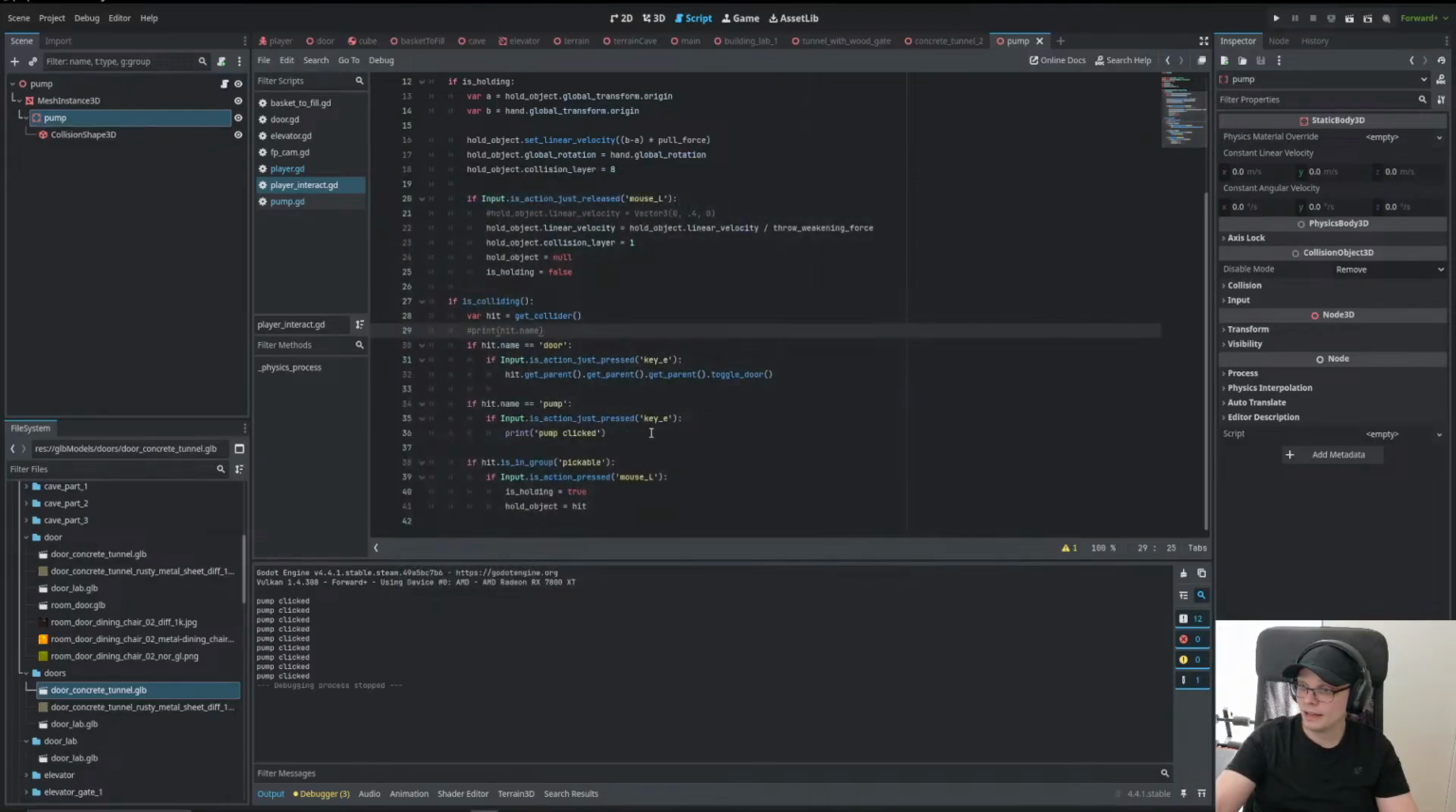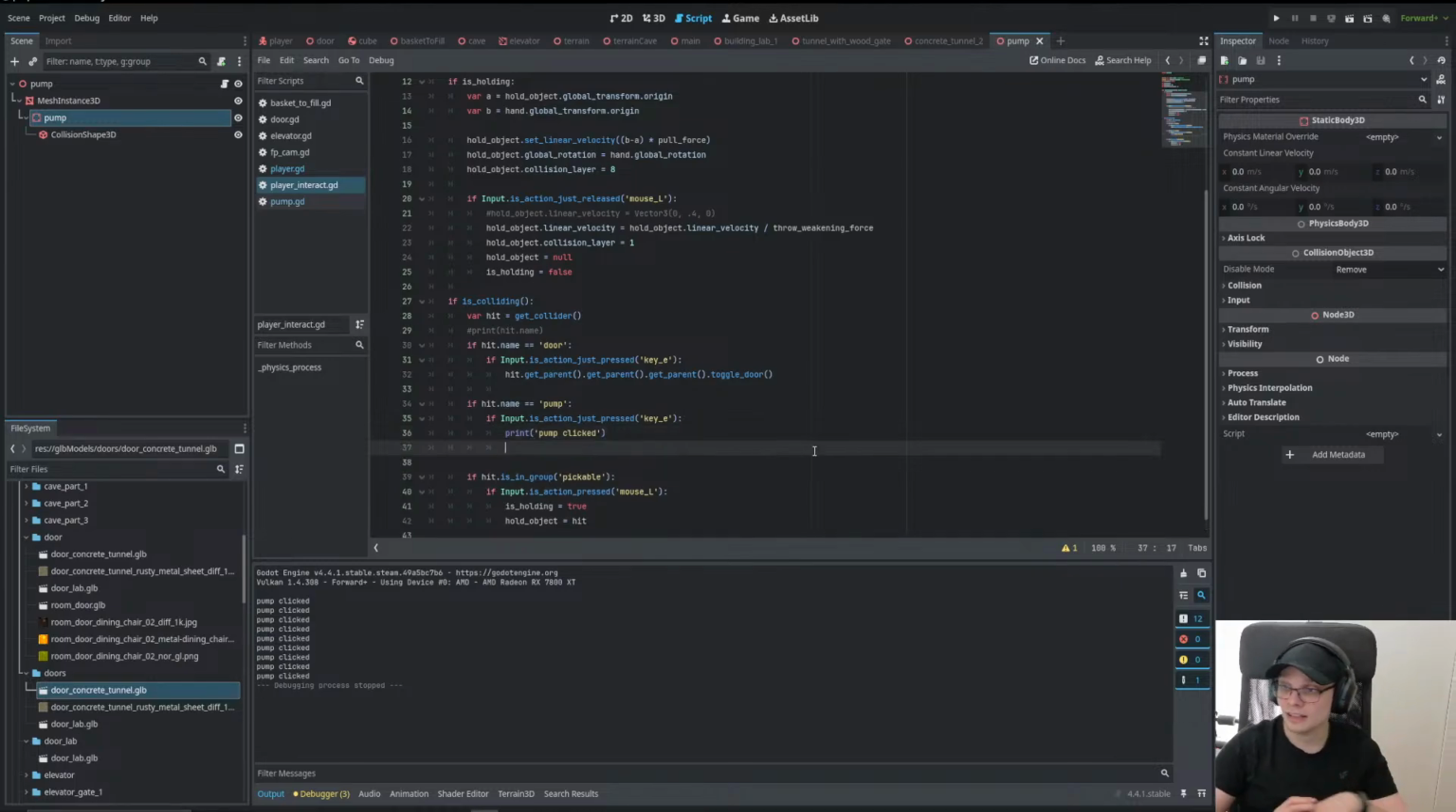Awesome. And what should happen whenever we click on it? The surface of our water should go down, the level of the water. If we're casting where the player is